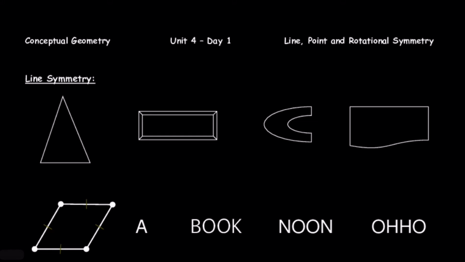Today we're going to talk about line, point, and rotational symmetry. First, let's start with line symmetry. Line symmetry is, we'll call it a fold line. You have to fold the object